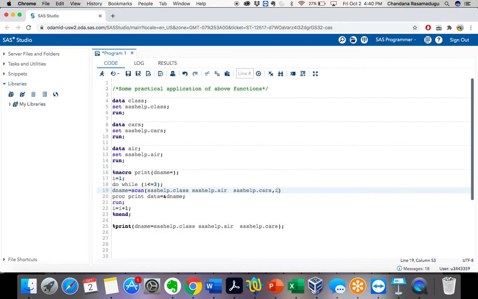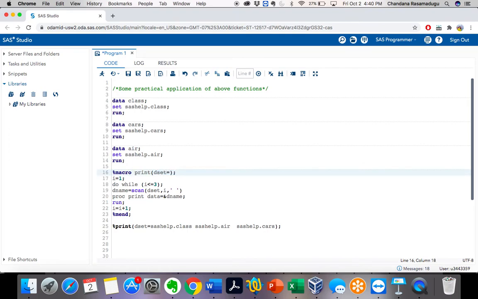I value here. Okay, and these values are separated by which delimiter? Space, right? So mention that delimiter here in the quotation. So space is my delimiter here. Okay, instead of me giving here every time the dataset name that has to be printed, let's ask for it. Let's assign a name to this. Let's take dset here. Here also change the name to dset, and here also change it to dset.